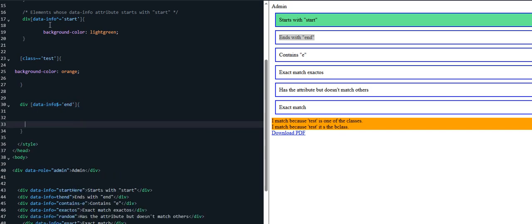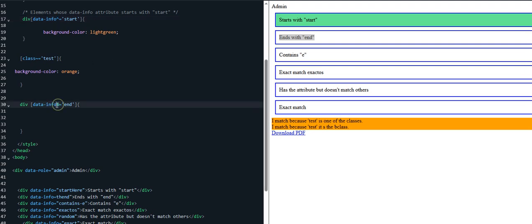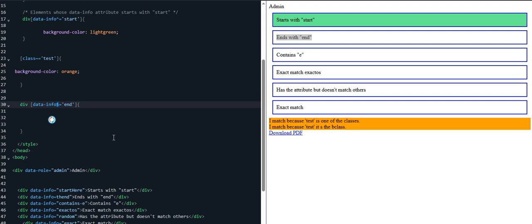Okay, let me make again a little summary. This sign is for when the attribute's value starts with some string. Dollar is for the attribute's end. Here I am looking for all divs which have the data info attribute which ends with the string end, e, n, d. Okay,